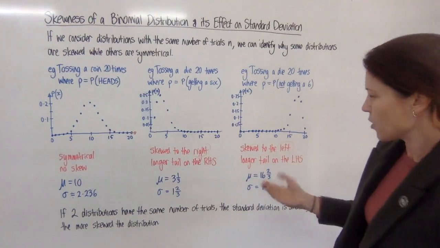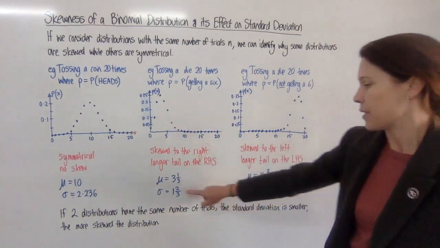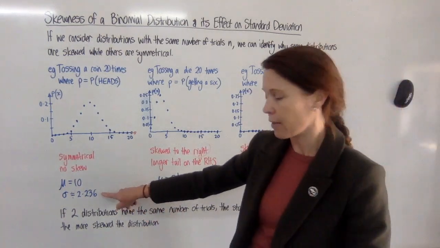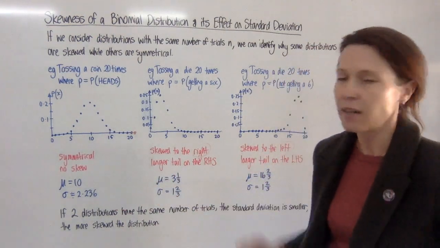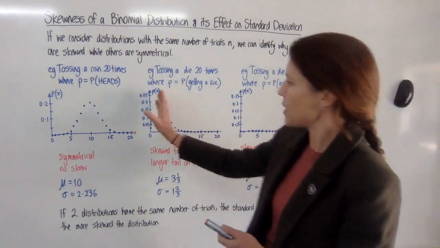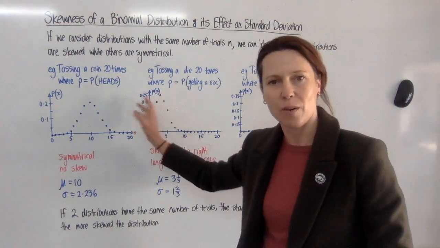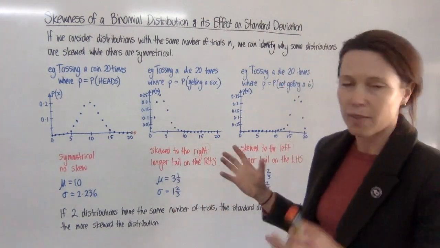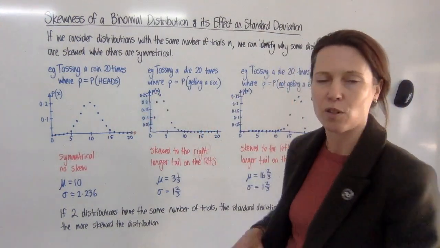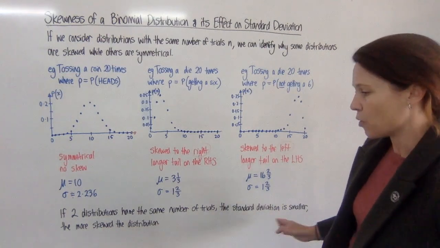Something to learn there. Now, if we actually look at the mean here, the mean is understandably low for this one and high for this one, but the standard deviation of each of these is exactly the same. And you'll notice the standard deviation of these is a lot lower than the standard deviation of this one. And the reason for that is that the standard deviation is a measure of spread. How far away is each score from the mean? So if your mean is really close to one end or the other, then there's not much room for scores to be very far away on one side. And that means that you will have them generally more clustered. And that's because there's just nowhere for them to go at one end of the distribution or the other. So I've written here, if 2 distributions have the same number of trials, the standard deviation is smaller the more